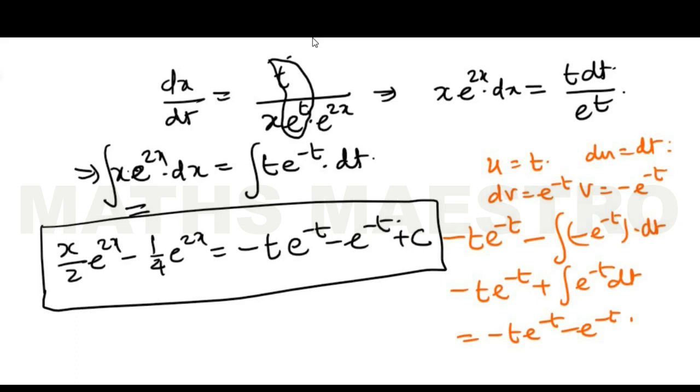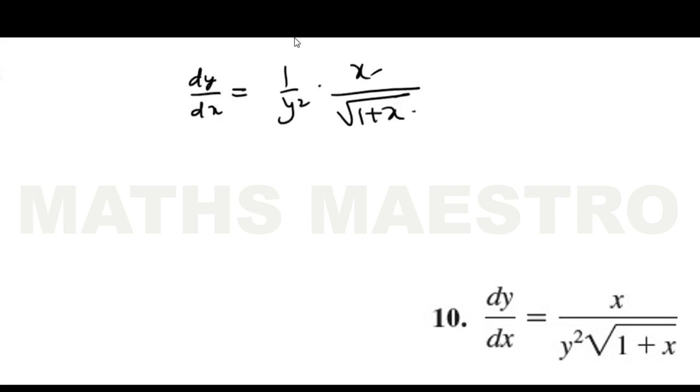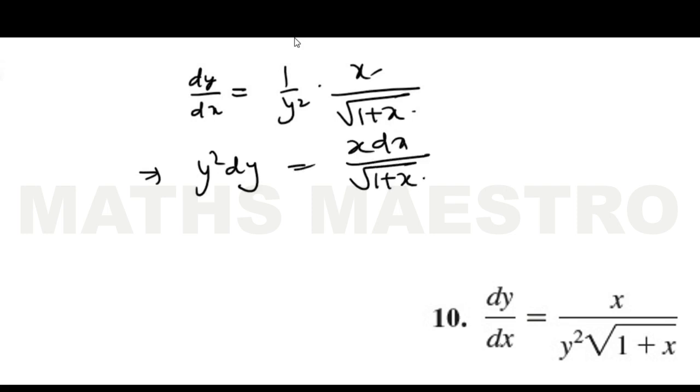Okay, let us move to the next question. This question is again not very difficult, and this is the last question of this video, and many more questions in this particular exercise, which I will cover in next videos. Okay, and this question, what you see on your right hand side, can be separated as y square. For the one which is given on the right hand side, we may have to do a little assumption so that we can solve it easily.